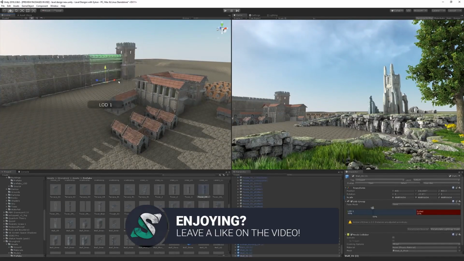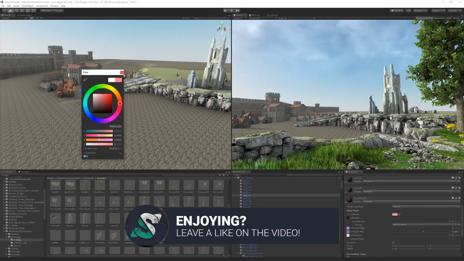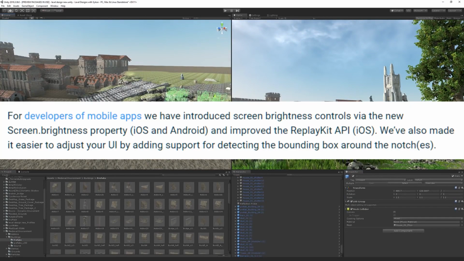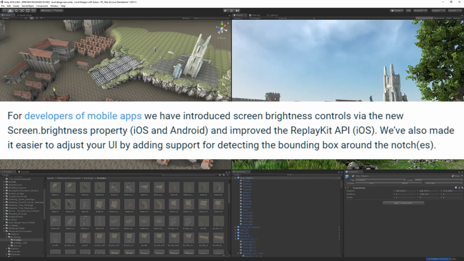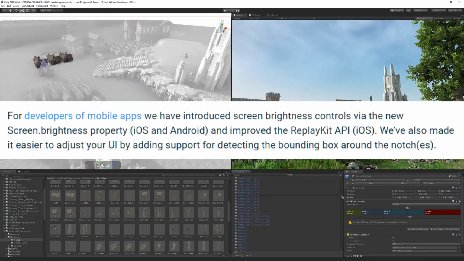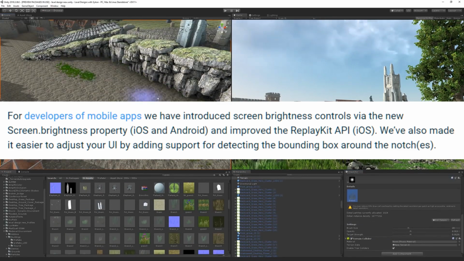Alright, so that's it for graphics, and now let's talk a little bit about programmers before we move on, and this is going to be really short, so I'll just keep us focused on the main highlights. For developers of mobile apps, we have introduced screen brightness controls via the new screen.brightness property for iOS and Android, and improved the Replay Kit API for iOS. We have also made it easier to adjust your UI by adding support for detecting the bounding box